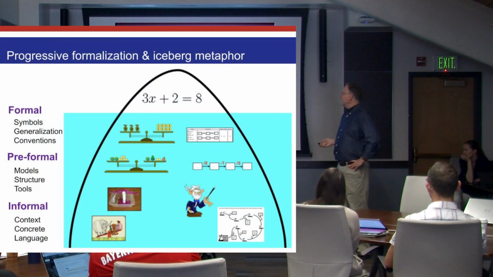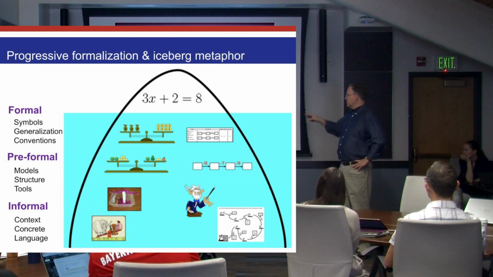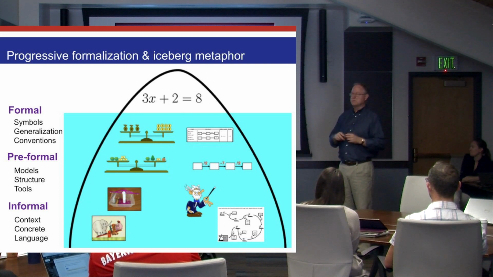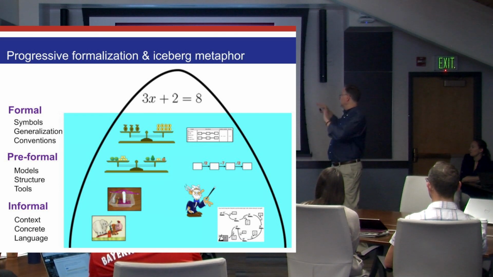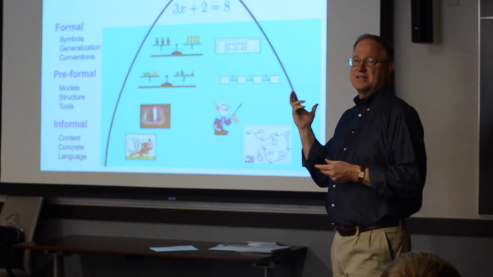Much like what you had in that quote that was offered from How People Learn, context, concrete, students' language is in this informal realm. There's more mathematical structure. There's models and representations that are more generalizable, the pre-formal. And at the formal, just below the waterline, you can see a variety of strategies where symbols are used. The whole point to this is so that students understand what's at the tip of the iceberg.